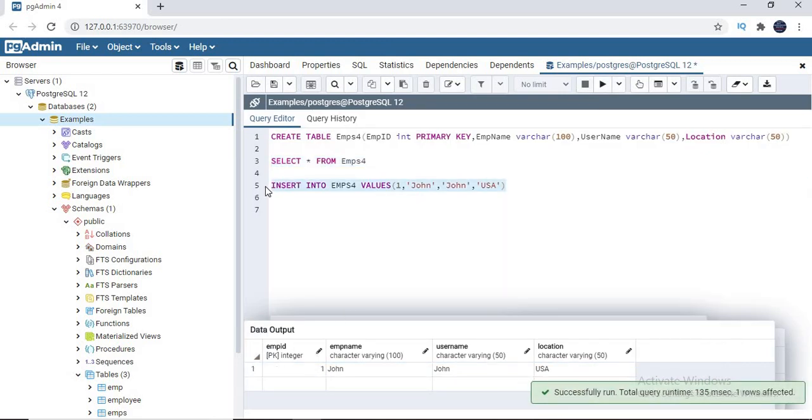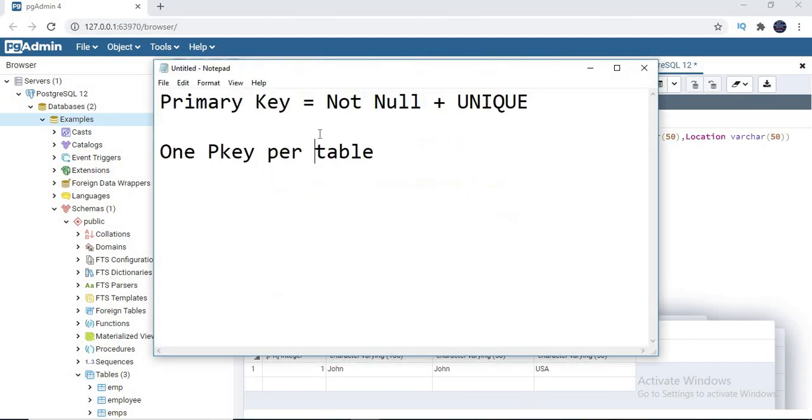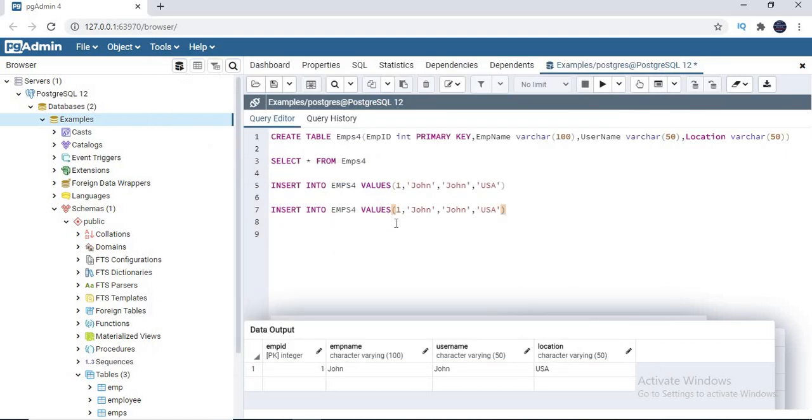Now let me insert a second record. As I mentioned here, it is a combination of not null plus unique. Let me cover those scenarios as well. Either primary key is working or not, and what is the error I might get if I do wrong. So let's put it as a null here. I'm trying to insert employee ID as null. I'm trying to show you not null constraint behavior here. So let's put it here John Williams W, and here John W, something like that. I'm not focusing on other columns now.